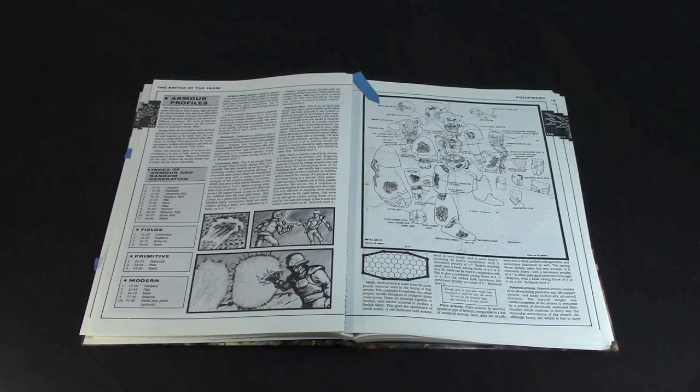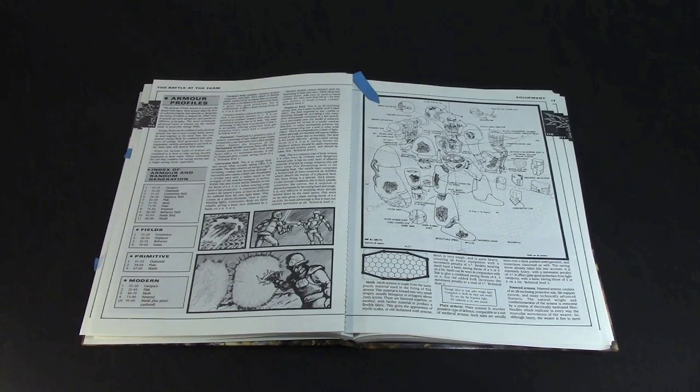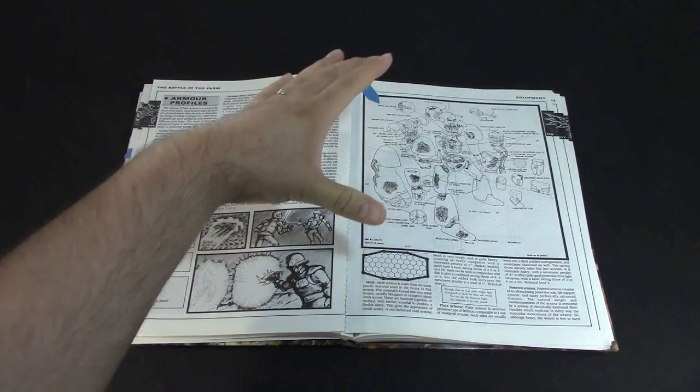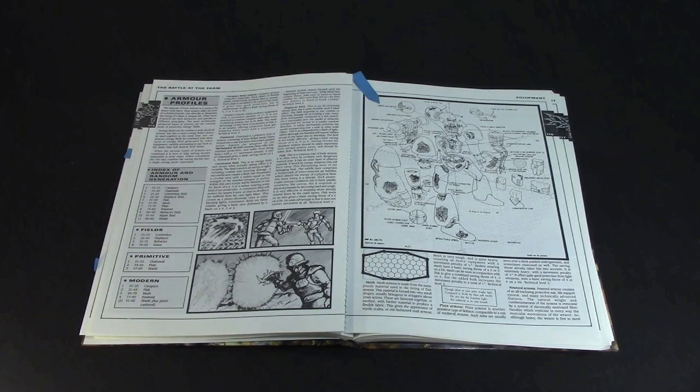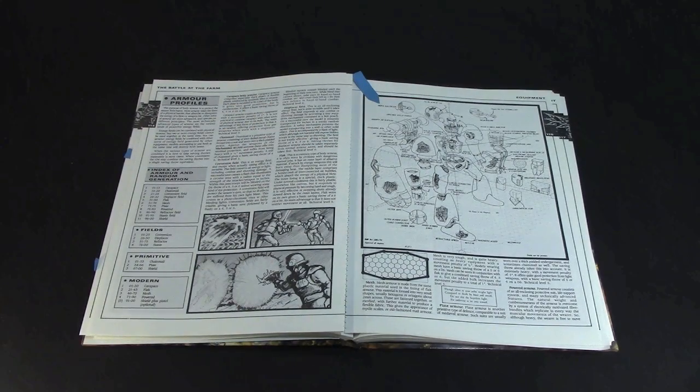In this section, I went over the armor profiles. Again, random chart if you want to generate different types of armor. You had your carapace armor all the way down through stasis fields and stuff like that. Primitive armor, modern armor. But what I love about this page is this diagram here, this whole section going over what Space Marine armor is and what it looked like and all the different little details inside. Super awesome to talk about the different mesh and how it's honeycomb pattern, but also just random technical readout